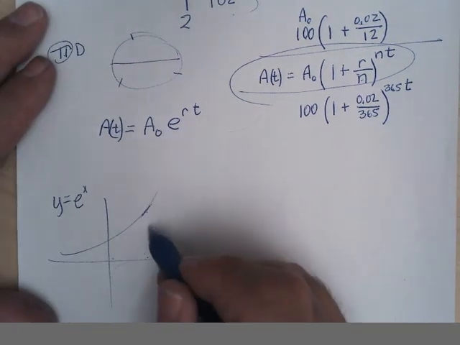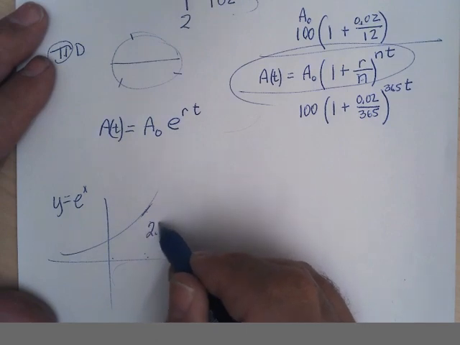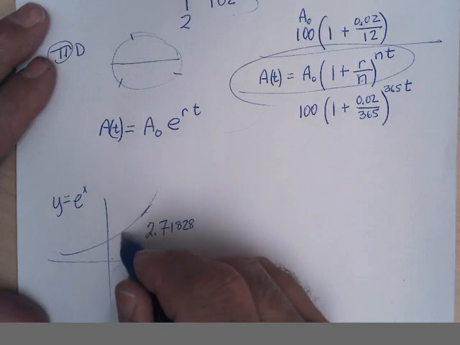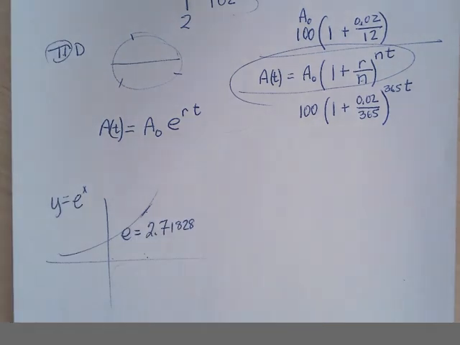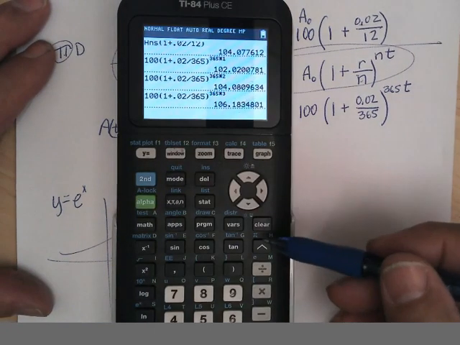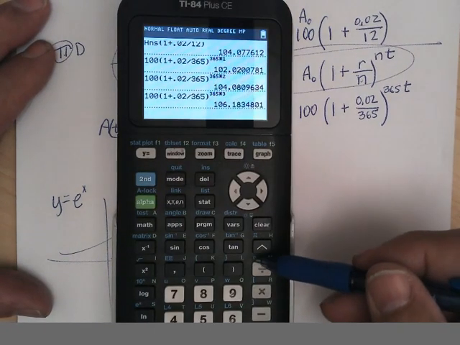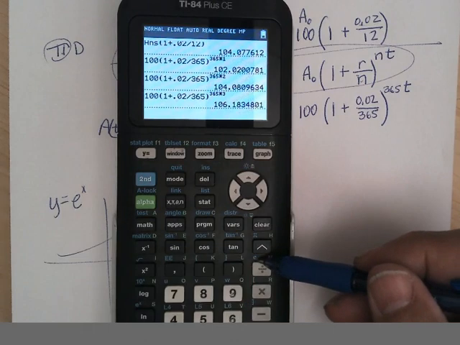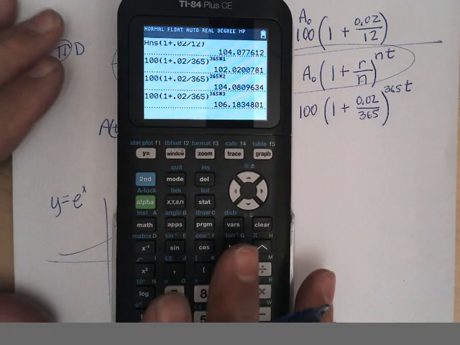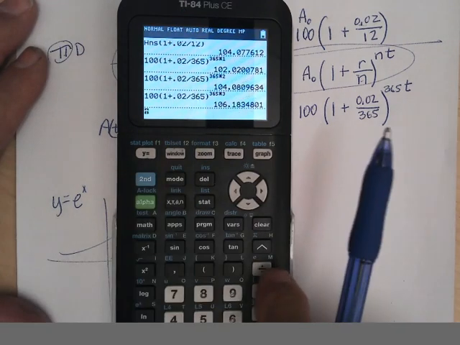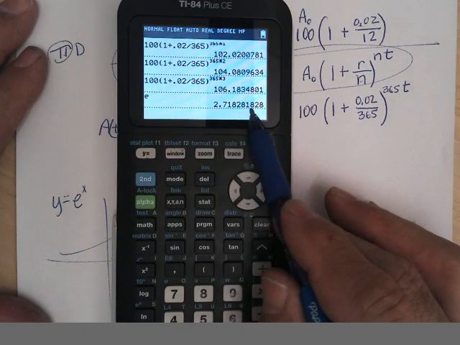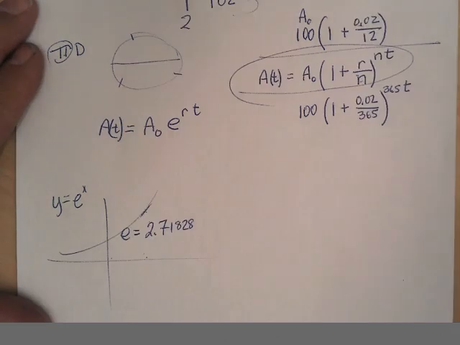And e turns out to be a number where it's 2.718281828459045. That's what e is, approximately. It's a number like pi, and it's also found on the calculator like pi is. Pi's got its own special key here. e has its own special key right there. And e to the x has its own special key right there. So if I go second, divide, you'll see e, and it's 2.718281828459045. You don't see that last part. But anyway,